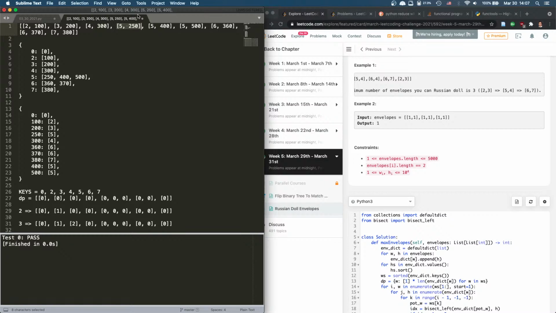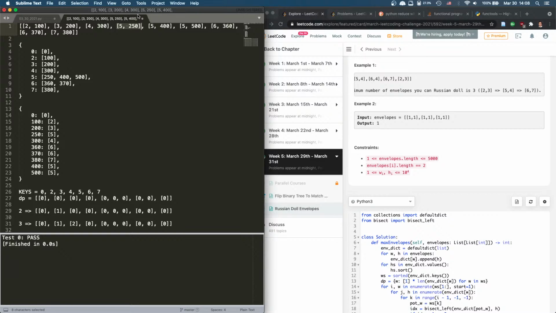Now it's 5, 200. I cannot connect this, but I can connect the pieces ahead of me, right? So we say 250. I would say 3, 200 can connect, right? And now we have another one. We say it's 5,